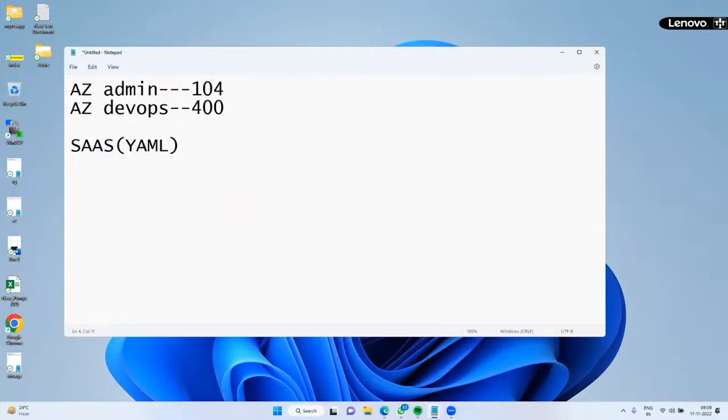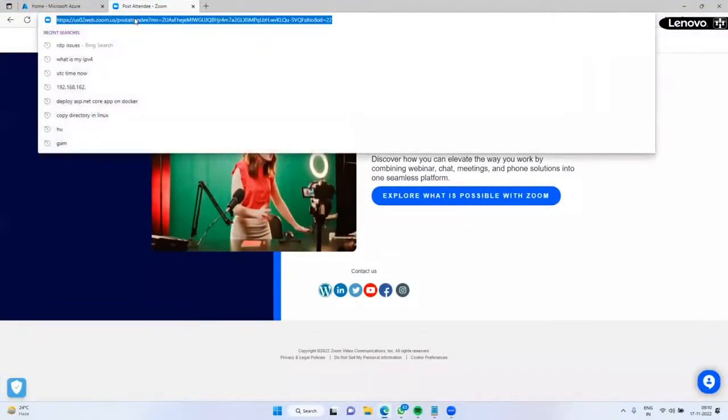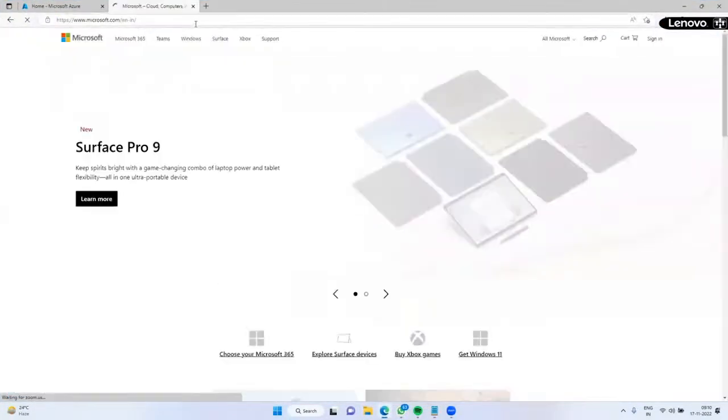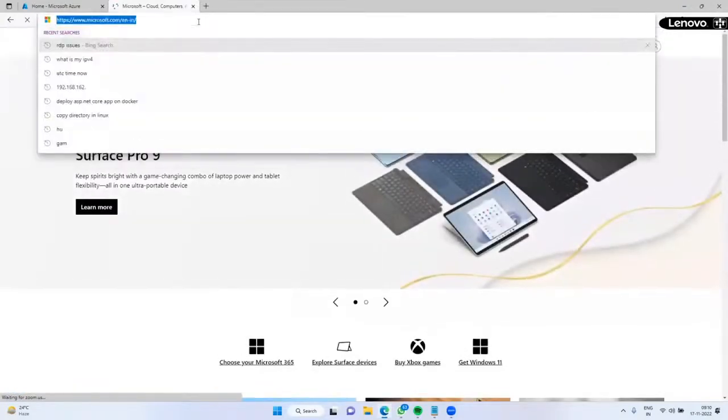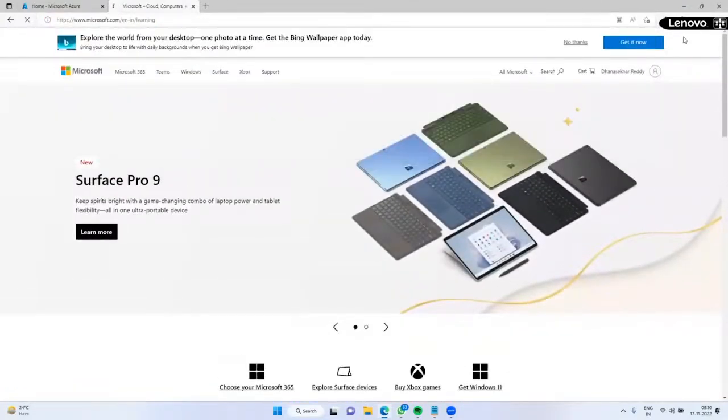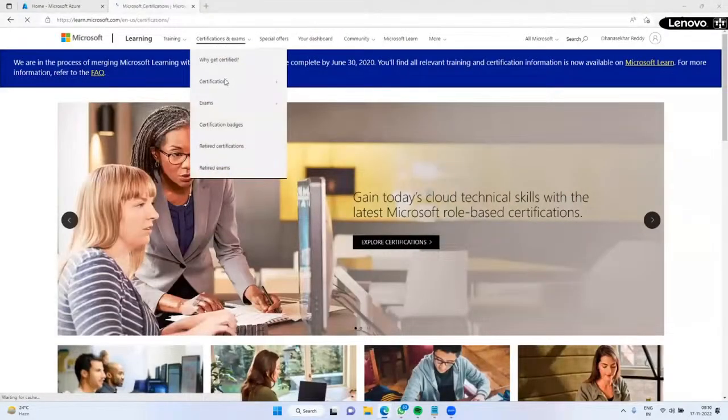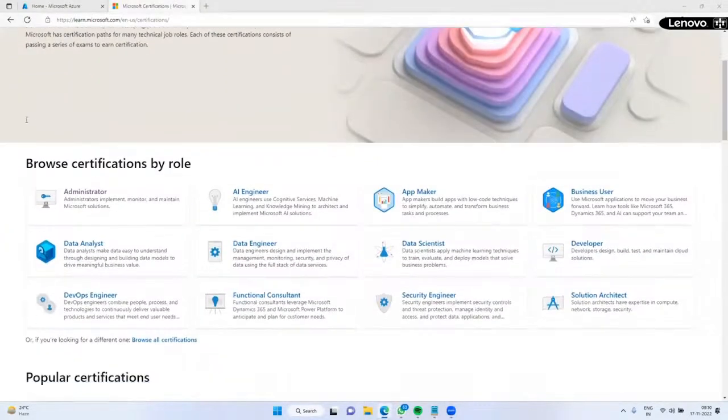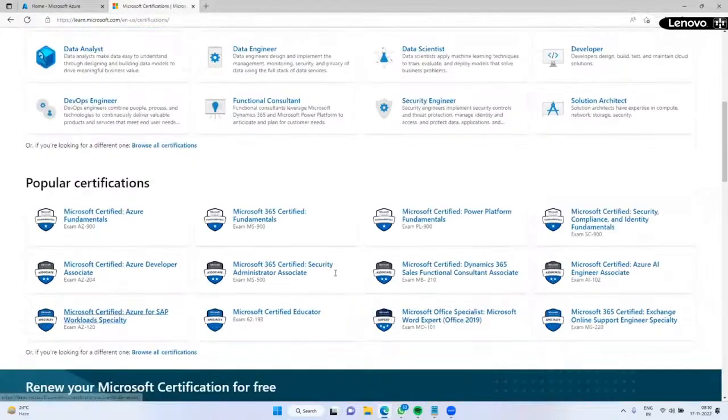My question is, what are AZ-104 and AZ-400? I'm confused about that. It is the certification paper number. If you want to know about it, go to the Microsoft official site, microsoft.com, then go to Learning. This page will give you all the information about certifications. These are all Microsoft Azure certifications.